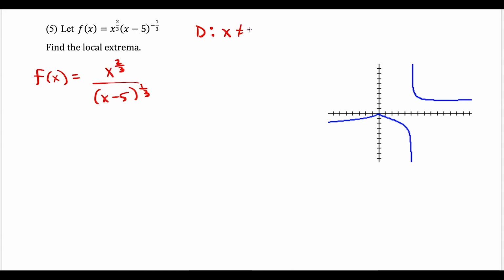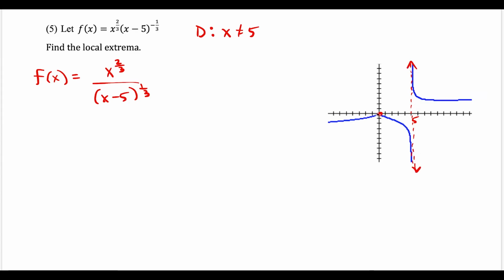So x is not going to be equal to 5, and we have a vertical asymptote at x equals 5 because there's no way to cancel that out with anything on top. And you can see by the graph here that it's very clear that at x equals 5 we have a vertical asymptote. Now the reason why I'm bringing this up now is that when we find the derivative in a moment,